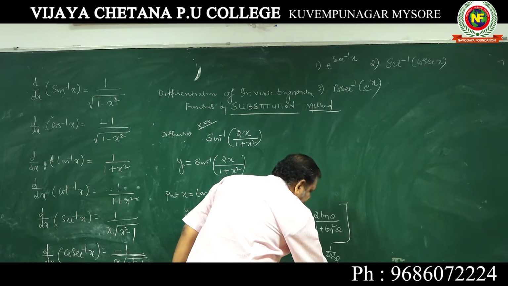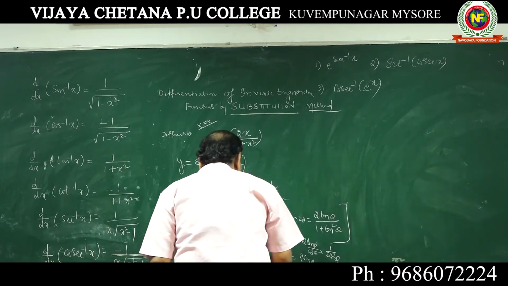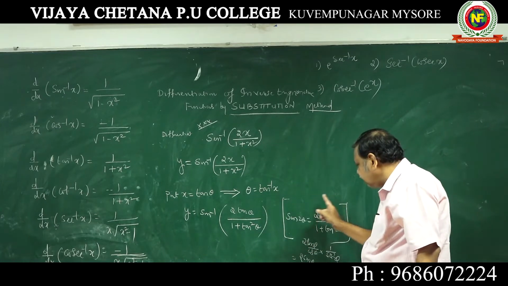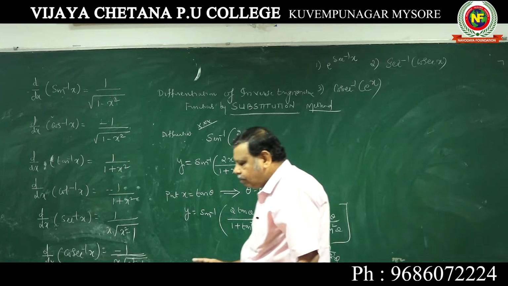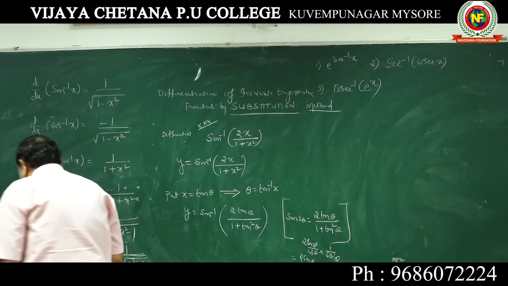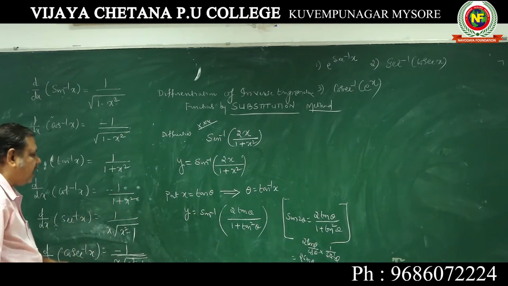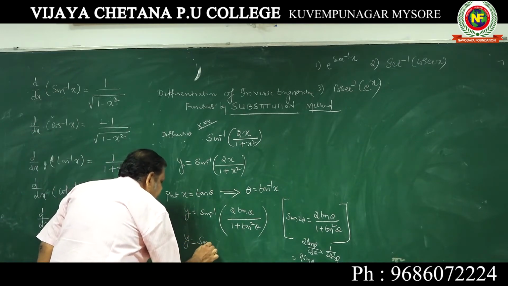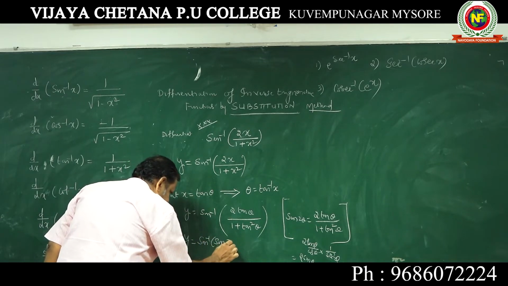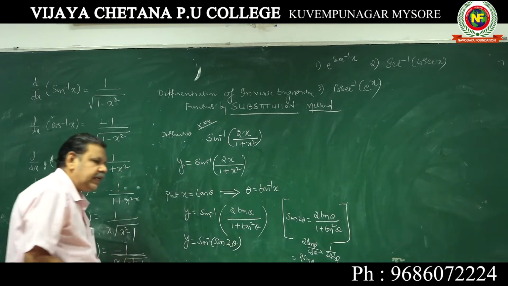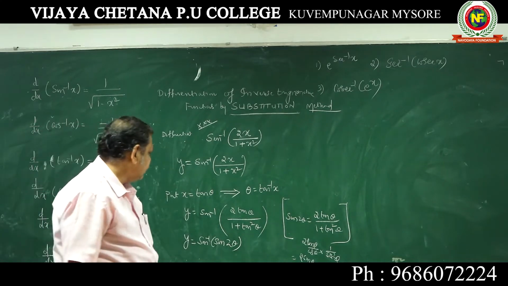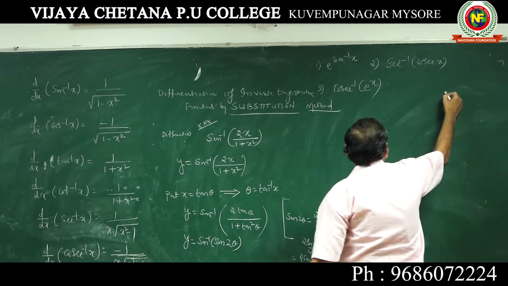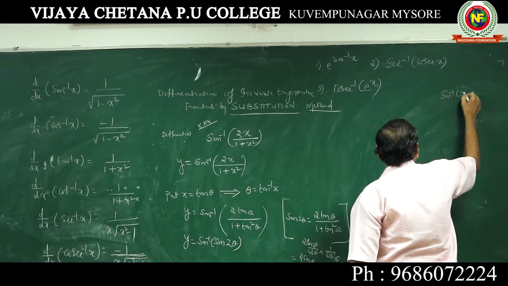All these things we did not show. You can remember the formula: sin 2 theta is 2 tan theta by 1 plus tan square theta. This is one of the golden formulas. There are 4 golden formulas in trigonometry, I told you, and this is one of them. Now y is equal to sin inverse sin 2 theta. And what is sin inverse of sin x? I told you, sin inverse of sin x is x.